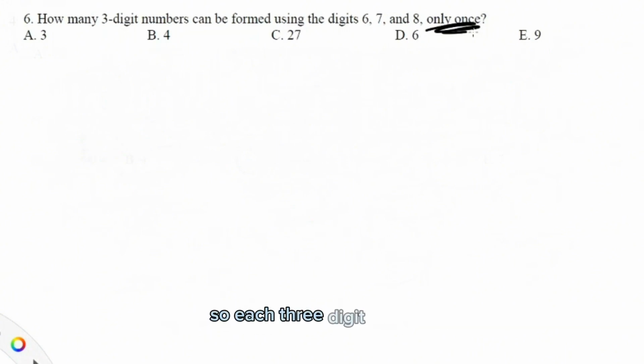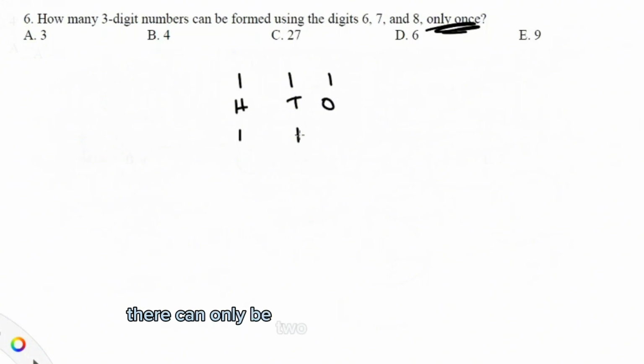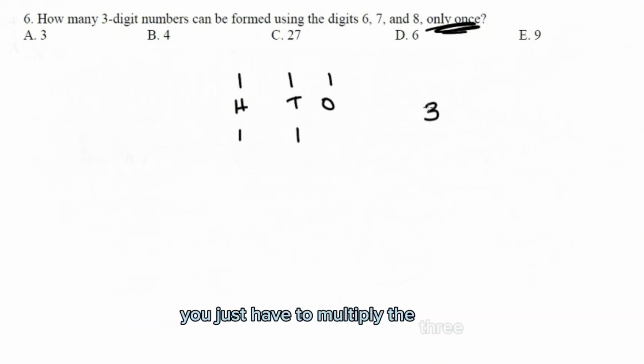So each 3-digit number obviously has 3 digits: the hundreds, tens, and ones place. The way this works is the first two numbers, the hundreds and the tens, right? No matter what, there can only be 2 numbers there, correct? And since there are 3 numbers, you just have to multiply 3 times 2, which is 6, and that's